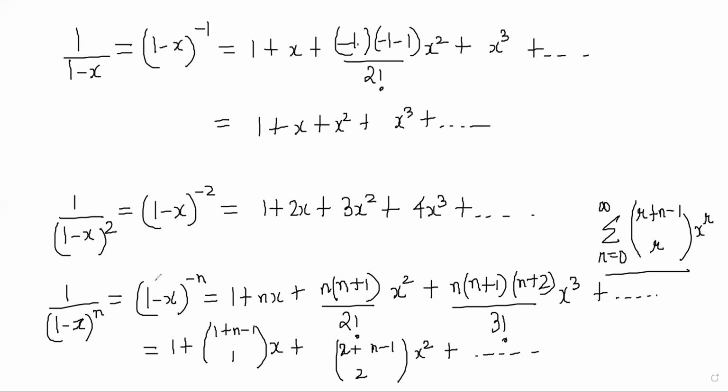So you can confirm that with the generalized binomial expansion shown on the previous screen. You can calculate this and confirm for yourself that this is happening, right? And check whether this thing is actually giving all of the terms, all of the coefficients or not. The reason we are discussing this is because this comes up very frequently in any question involving generating functions. So I will show you a few examples.